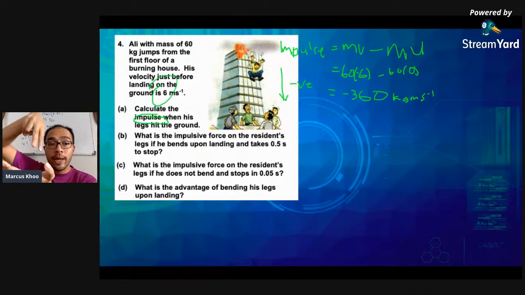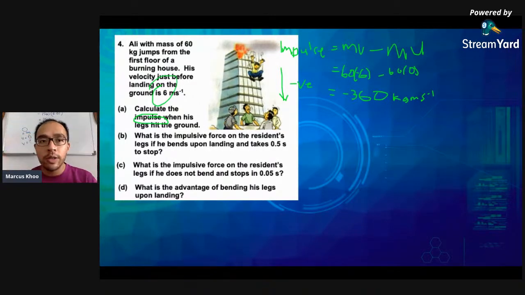One is if you land and your legs are as straight as you can. Or the other one is if you jump and then you land with your legs bent. Now if you have done gymnastics before, the actual rule is you cannot bend your legs. The less you bend your legs, the higher marks you get. But in reality, it's actually very dangerous.